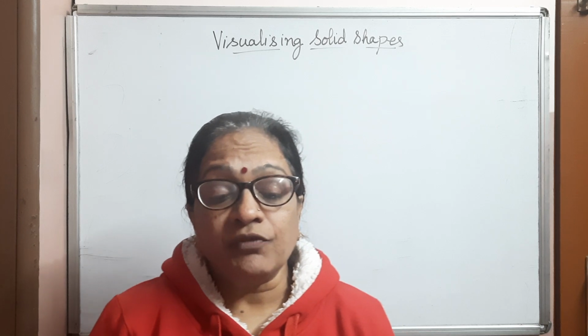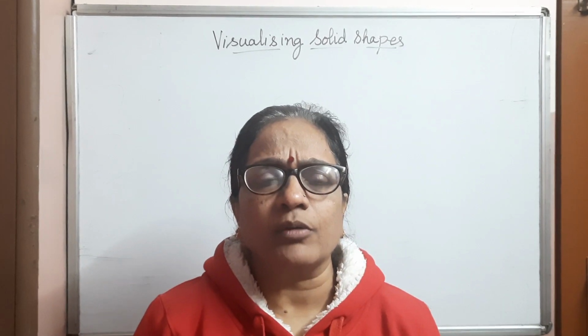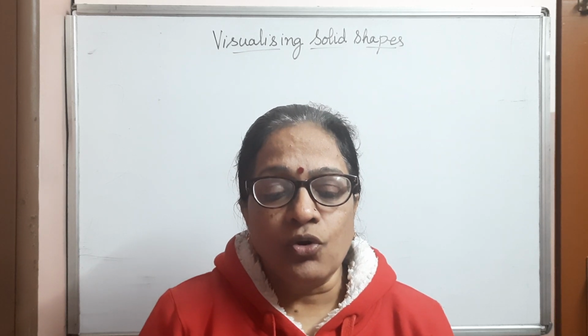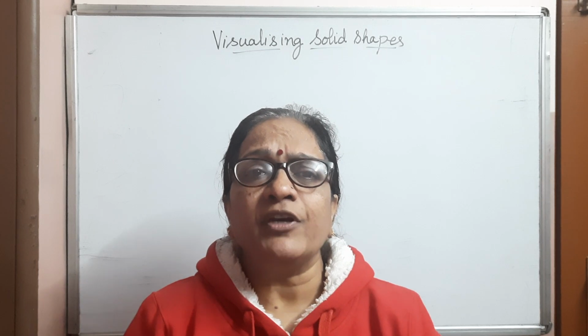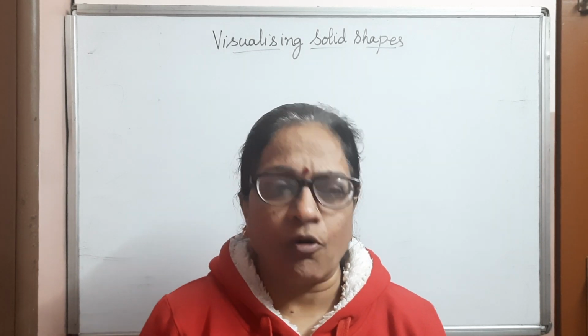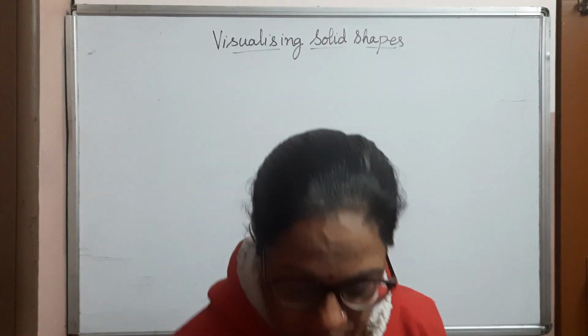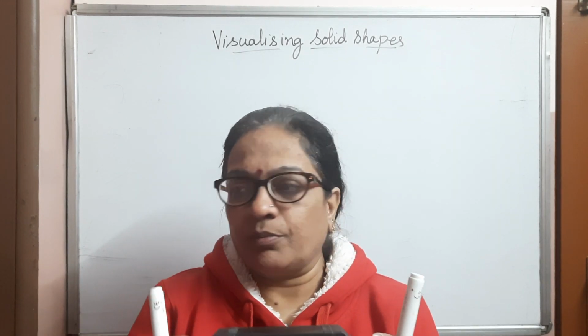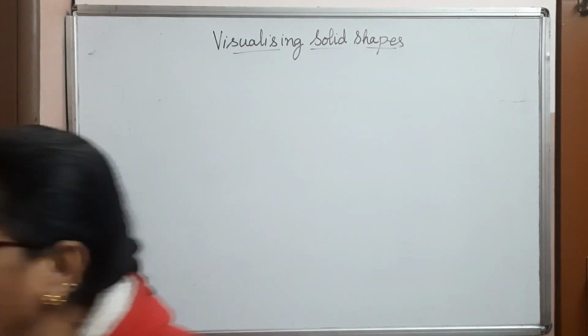Now, when we talk about solids, we have to know how they are made up, by combining which basic shapes. Taking a simple example of a cuboid. Suppose I talk about this shape, though it is not exactly the same, or if I talk about this